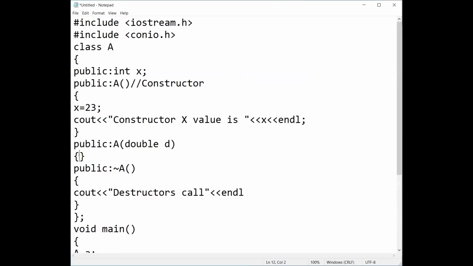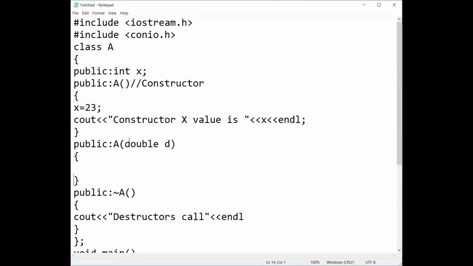You can see I pass one argument, double d, and I can also pass another, int c, right? Two arguments I pass in my constructor, right? After starting, I can give output cout,